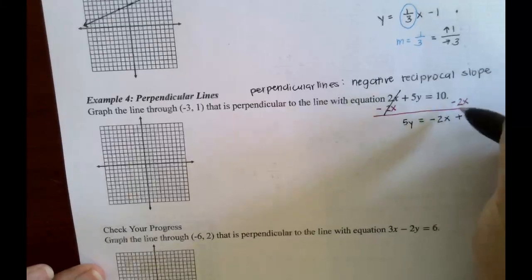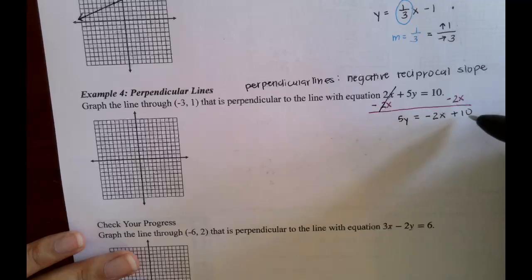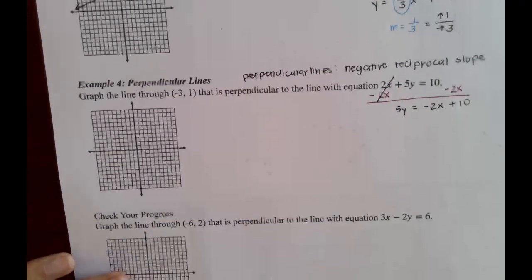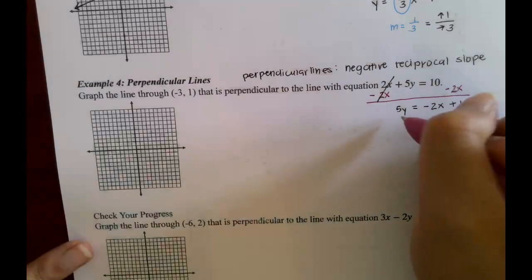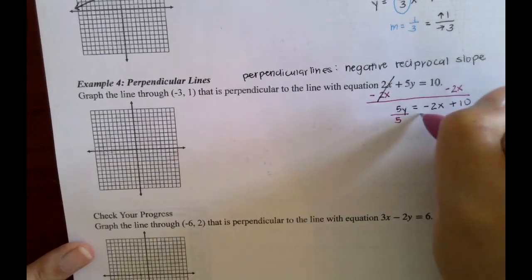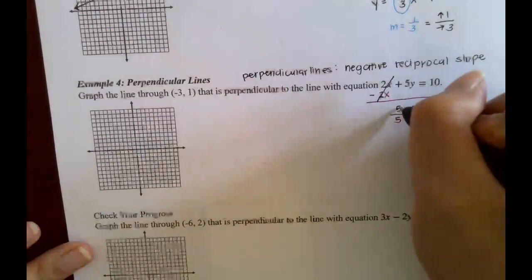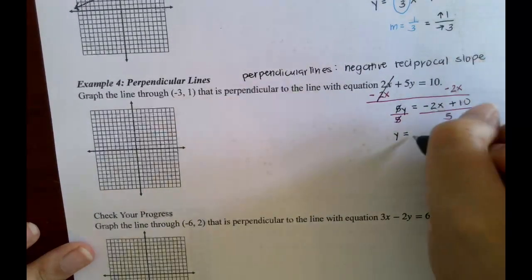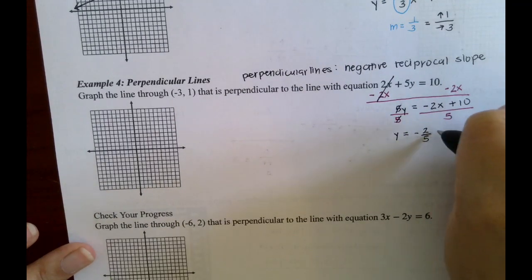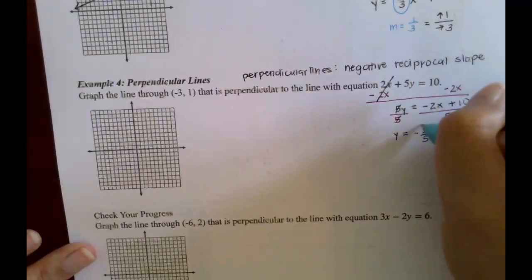The reason why I'm writing the x part first is because then it's easy, mx plus b, right? Again, it's plus 10 because the 10 is positive versus the negative goes with the 2x. Then I'm going to get rid of the times 5 by dividing by 5 on both sides. 5 divided by 5 is 1, so 1y. Negative 2 over 5 is negative 2/5, so negative 2/5 x. 10 divided by 5 is 2. So here is the slope,